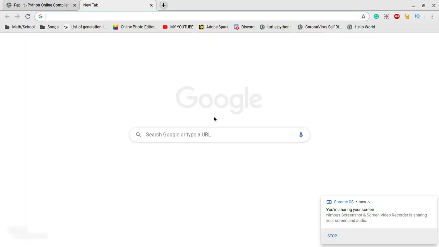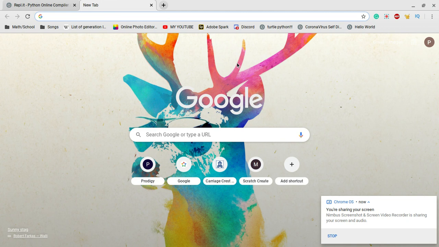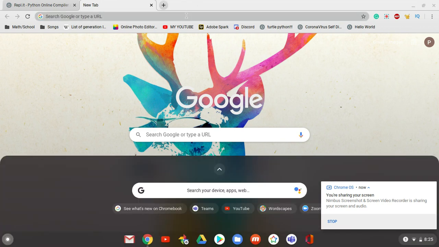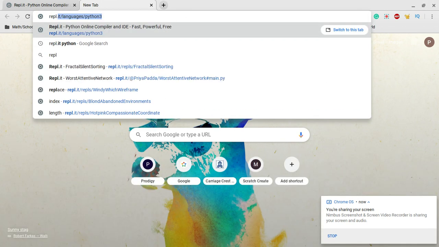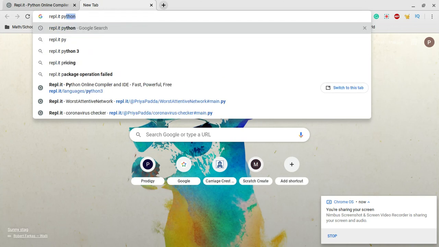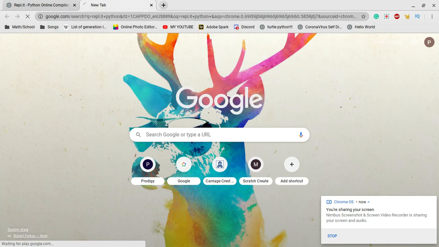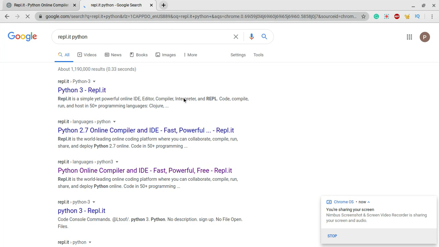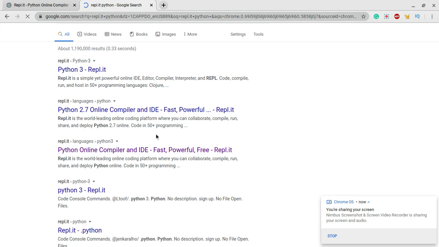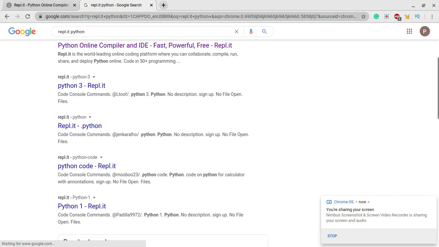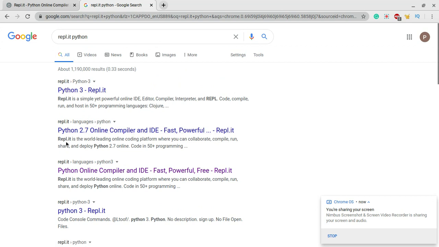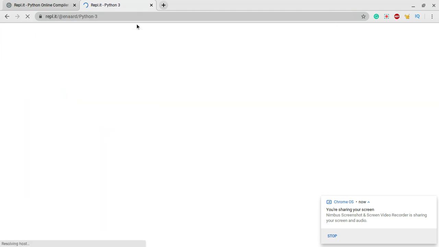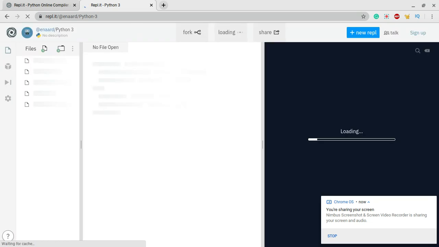So what you're going to do is open up a new tab, and then type in REPL.it Python, and then enter. Now on this page you have basically everything you need. You have Python 3, Python 2.7, and just Python. I personally use Python 3. And so once you're at this page,